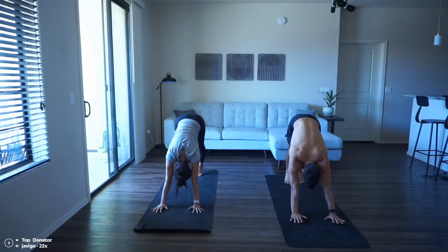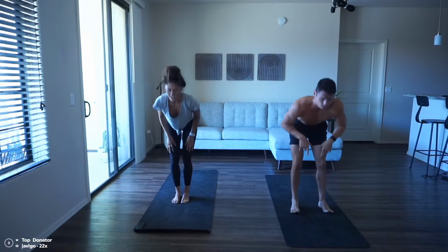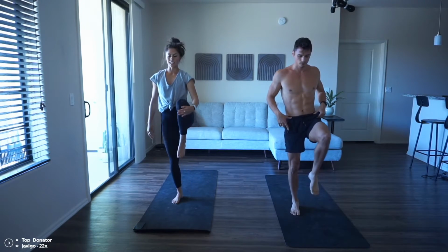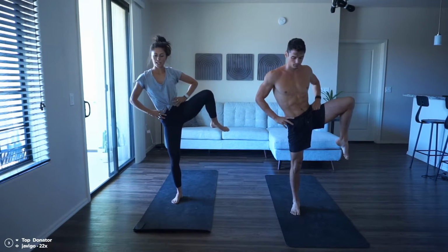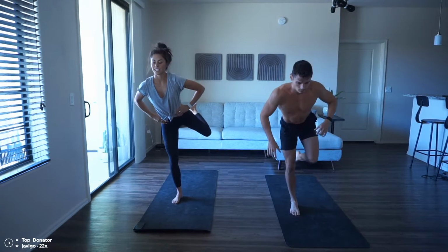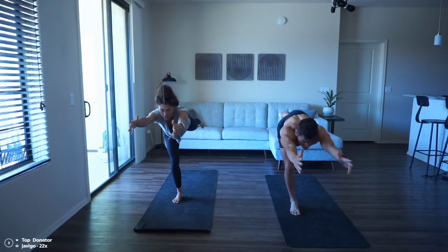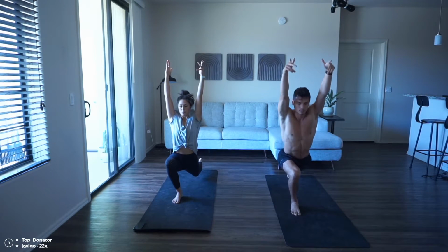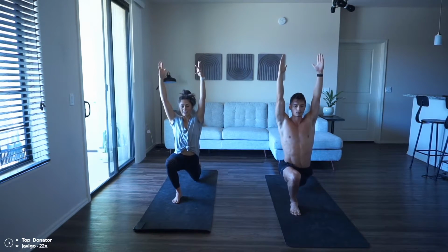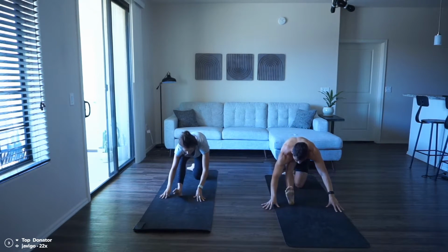Take a deep breath in. Crawl those feet towards your hands. Inhale, rise to stand. Left knee hugs in. Open out through that left side. Extend left leg back. Warrior 3. Drop left toes. Drop down to left knee, uncurl toes. And then extend out through that